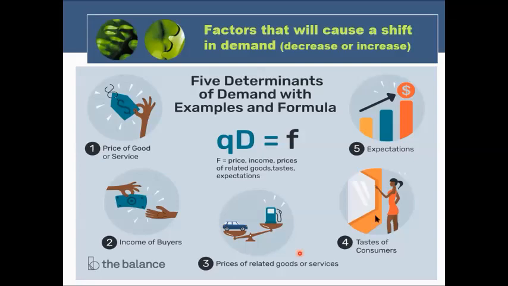Also, we have prices of related goods and services. It's because of substitution. There are many products where there is a substitution for a certain product. So that's why there is also shifting in the demand. Instead of buying pork, they will buy chicken. So there is a shift in the demand for pork because of the prices,